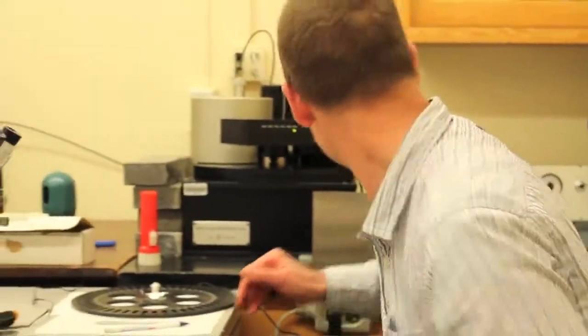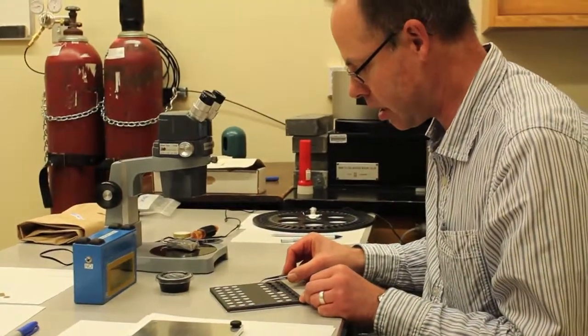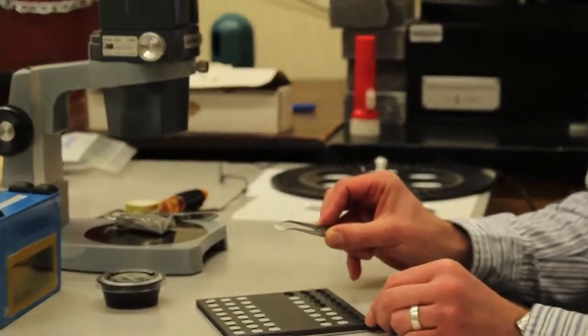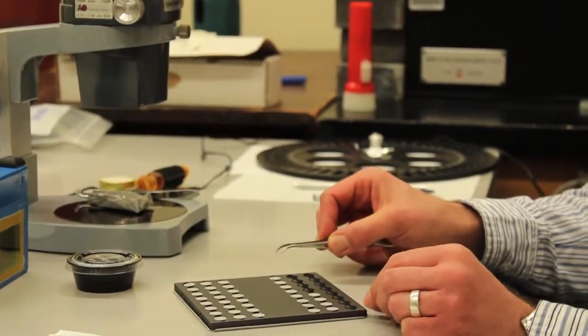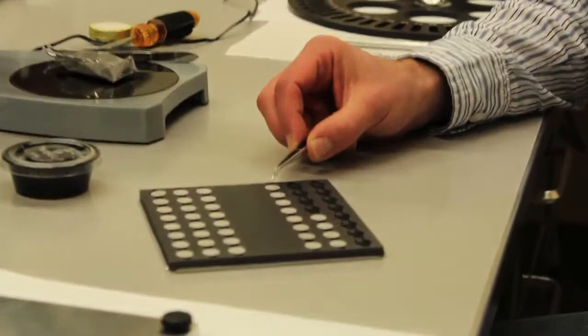Perhaps to understand the physical technique, it would be best if I show you what we actually work with. So we have here some small aluminium discs, and with some silicone oil we've stuck on some grains of quartz. So quartz is a very common rock-forming mineral. It's the most common constituent of clean beach sand, for example. And these grains were prepared from a sediment,